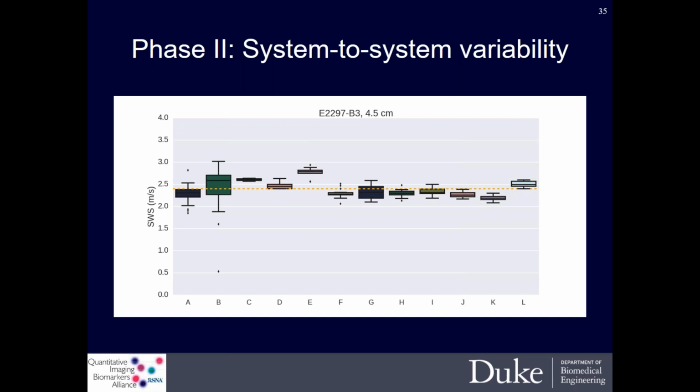You could also see that there's differences in the variance of the measurements that each reports. And these measurements were taken over 10 replicates in each phantom. So the error bars are giving you kind of a distribution of measurements in these viscoelastic phantoms across those 10. So something definitely measurable between the different systems.